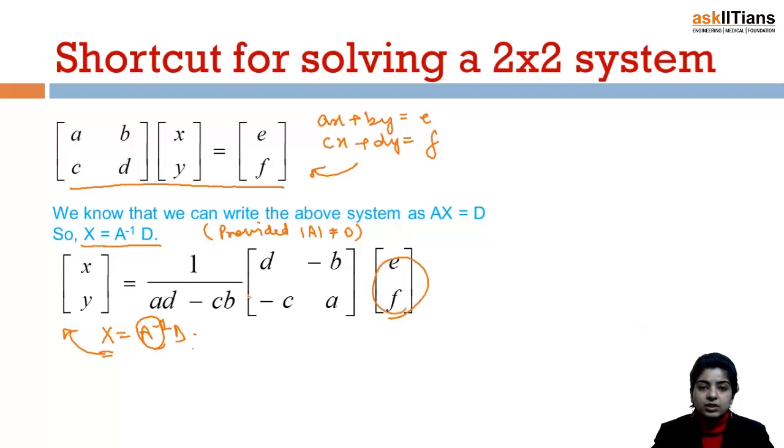So how do we find A inverse? I will be explaining it to you again. In order to find A inverse, you have to divide by the determinant of A, which is ad minus bc. So I multiply by 1 upon ad minus bc. Then, to get the matrix, just swap the diagonal elements and negate the non-diagonal elements. So this becomes d, a, and I put a minus sign in front of the non-diagonal elements, which gives me minus b, minus c. So this is how I get A inverse. The direct solution of a 2 cross 2 system is X equal to A inverse B, in which you can directly compute A inverse.